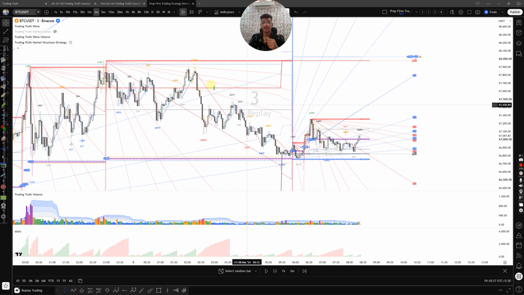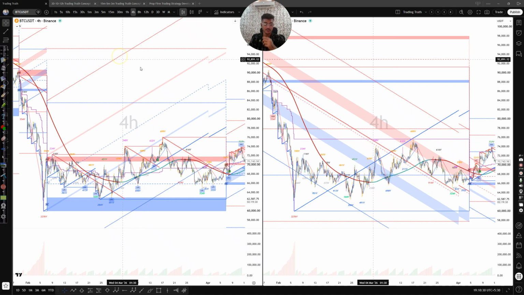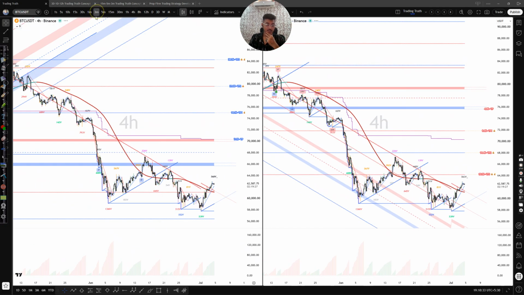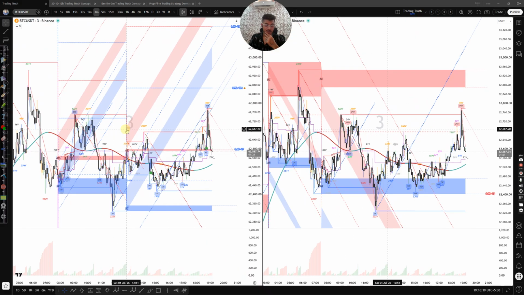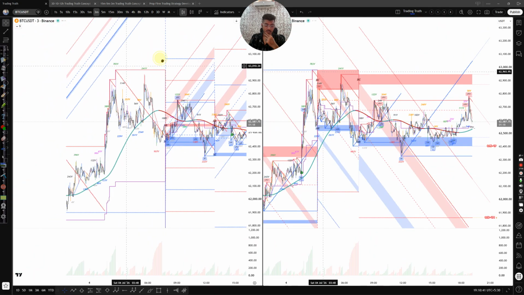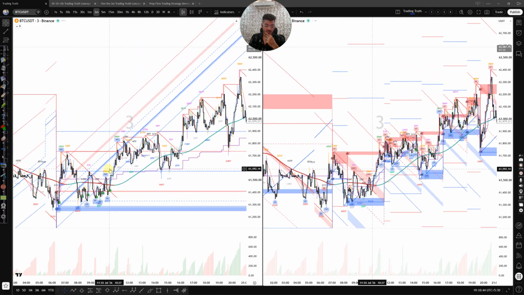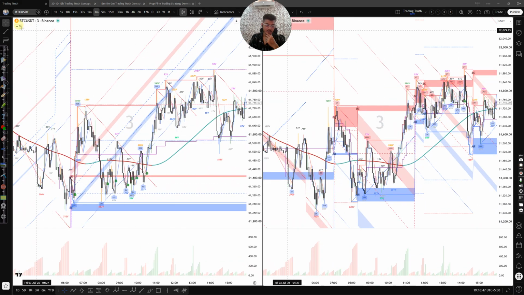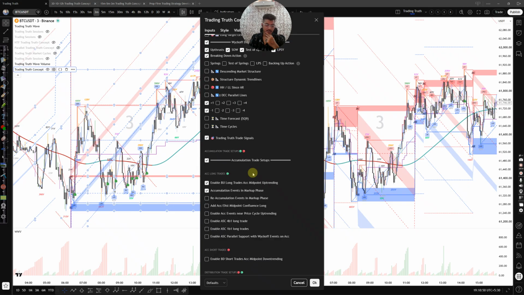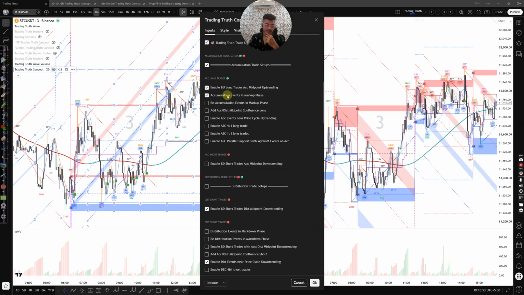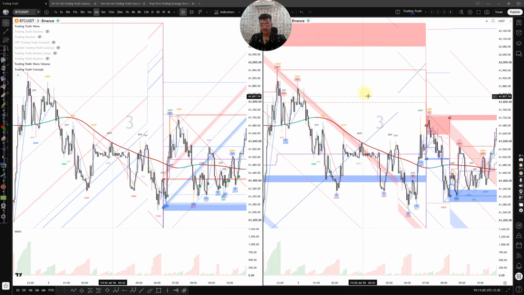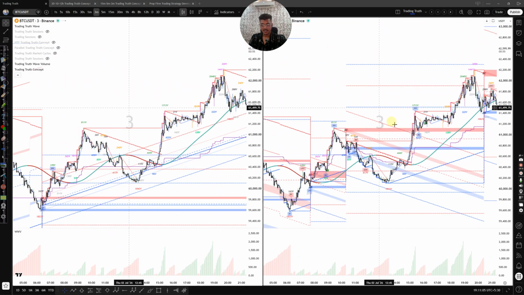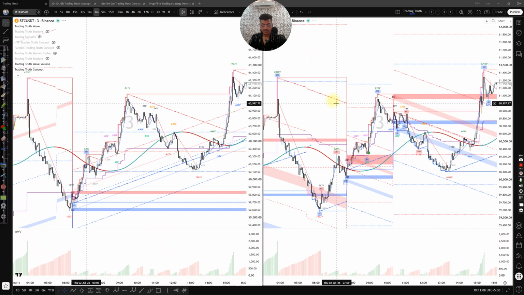By the way, guys, I actually made really huge improvements to the trading truth indicator, trading truth concept. So if I apply it on 3 minutes chart on Bitcoin, you would see these improvements and trade setups that it takes. For instance, it gives trades around here. You can actually come here and add trades to your liking. As here, I have added accumulation events in markup phase, right? So distribution trades are gonna be on distribution, if we get any here. See, long trade there, long trade here,